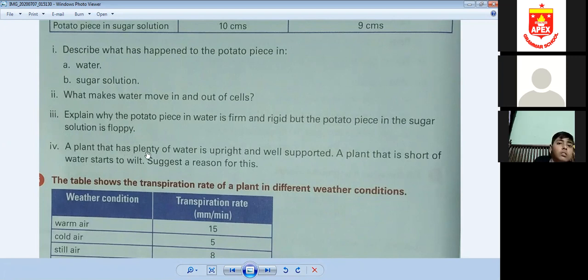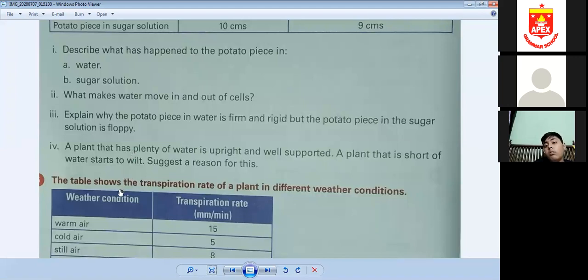In simple words, we can say if there is plenty of water, and we all know transpiration happens on a daily basis in each and every plant, so the plant is getting plenty of water. So the speed of transpiration doesn't affect the shape of the plant. But if a plant is getting less supply of water and transpiration is happening daily, what will happen? The plant begins to wilt. The plant does not stay upright. I hope you understand the reason.